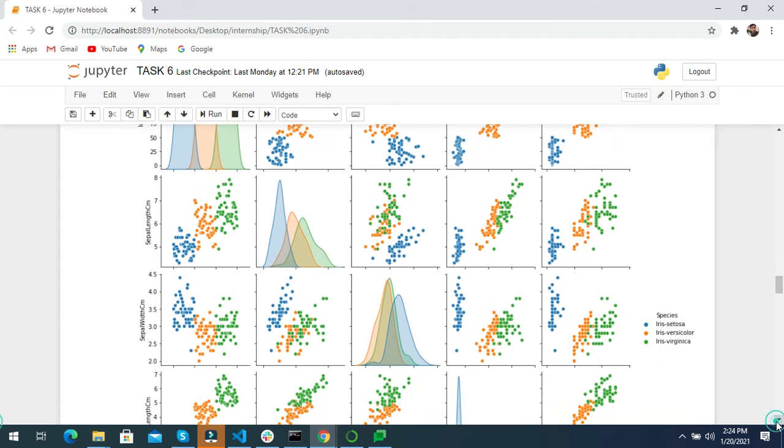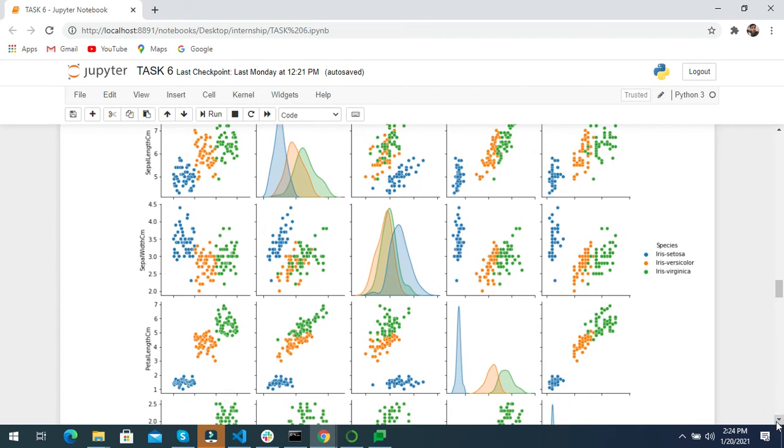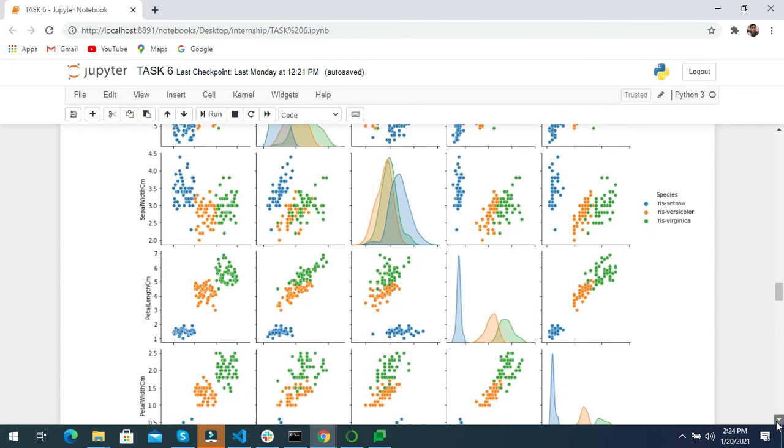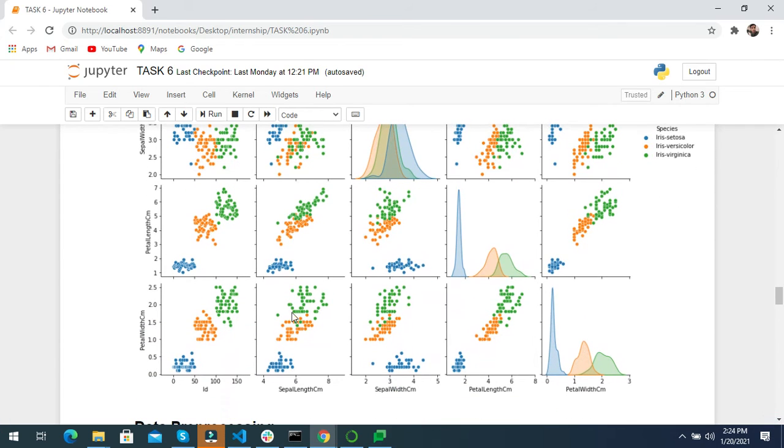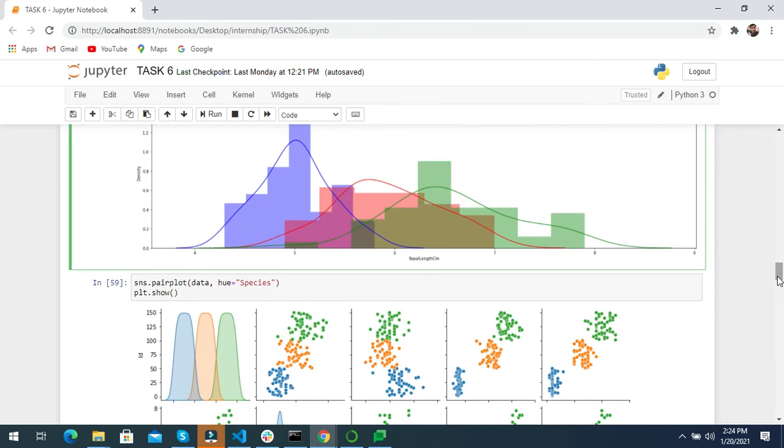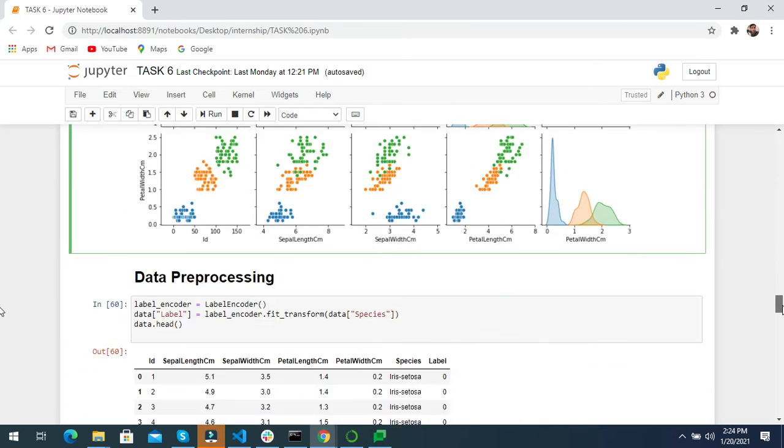And you see the plot between petal length centimeter and petal width centimeter. These three colors are our classes, which you see as hue species. In the species column, three classes are represented.